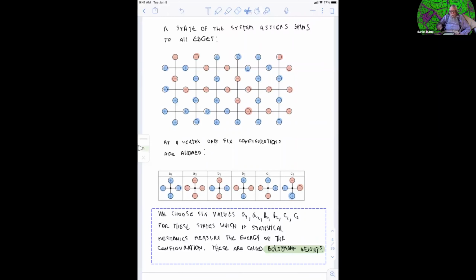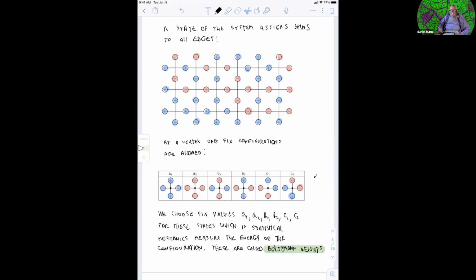I'm going to fix 6 numbers, which in the statistical world would probably be non-negative real numbers. I'll call those A1, A2, B1, B2, C1, and C2. And the idea is that at each vertex, you will have one of those 6 numbers, which is picked out by this table,